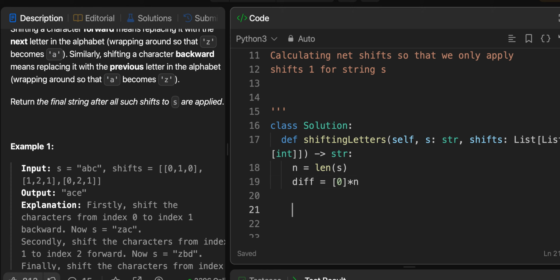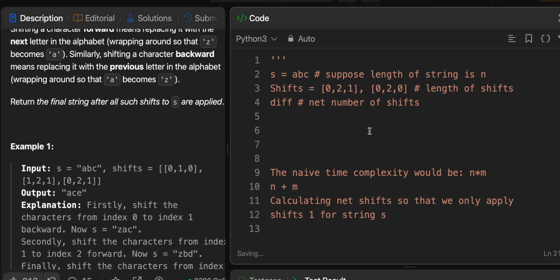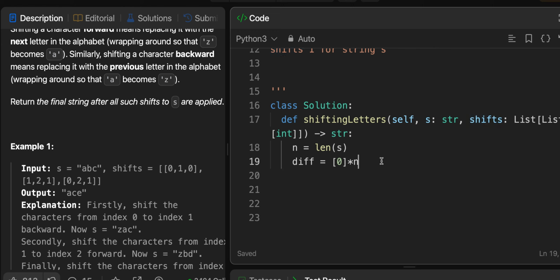And well, we want to calculate this difference array. So let's figure out how to do that. What I'm going to do is say for i, j, k in shifts. And remember, each of these represents the start, the end, where the end is inclusive, and k